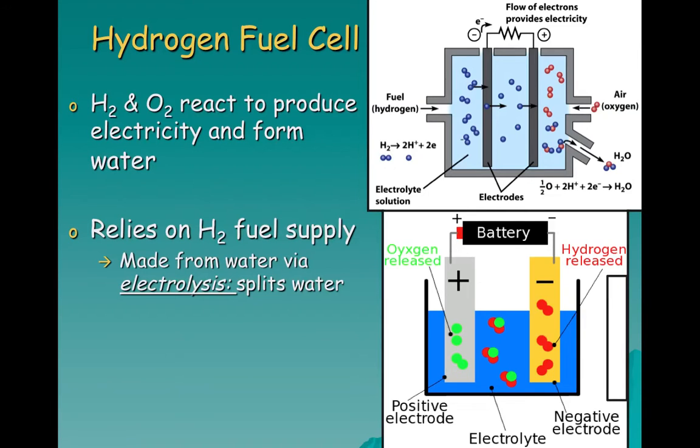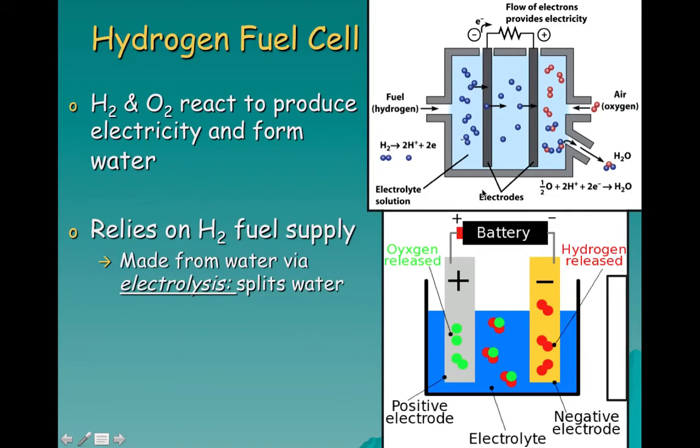And you're essentially using a battery to split water. This shows the electrolysis here, and you have this negative electrode here that's going to attract the positive hydrogen ions, and then on this side you have the positive electrode that's going to attract the negative oxygen ions, and that's how you split it. It requires electricity to do that,